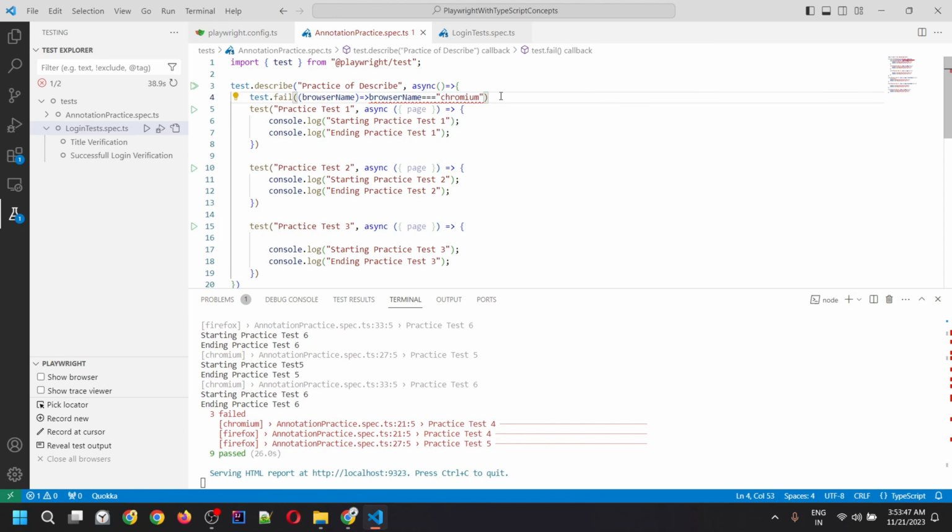Okay, sorry, we need to write it inside the curly braces, right? So browser name equals Chromium, and for Chrome only, we want this describe block to fail, right? Let's remove the other thing, and let me run it